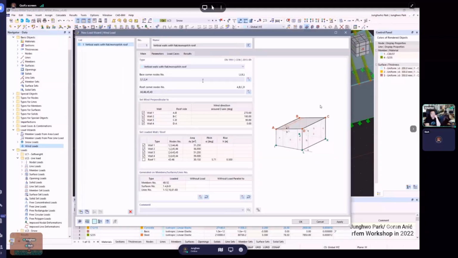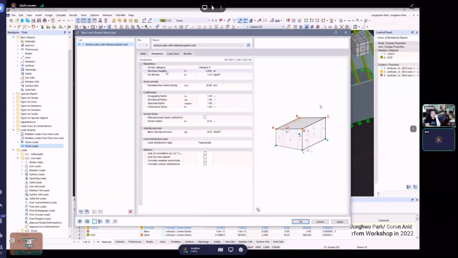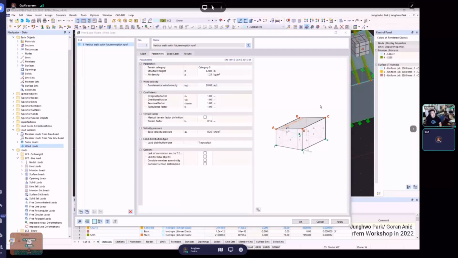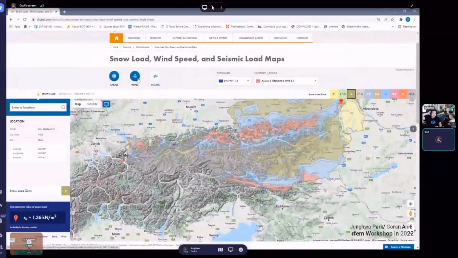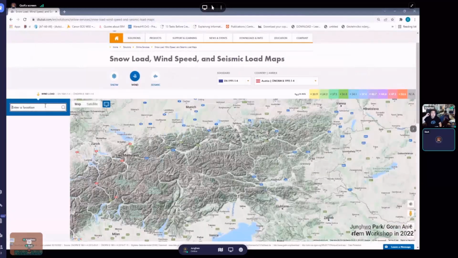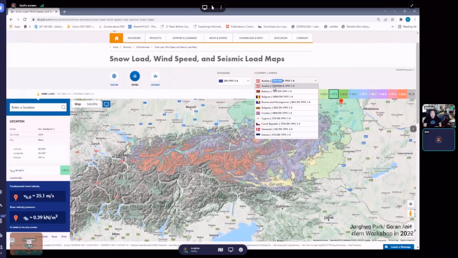Okay, and now I will set wind perpendicular to. He took automatically the height of this building, air density, and now I can choose wind velocity. So maybe if I just get back here, we can check if there's a possibility to choose